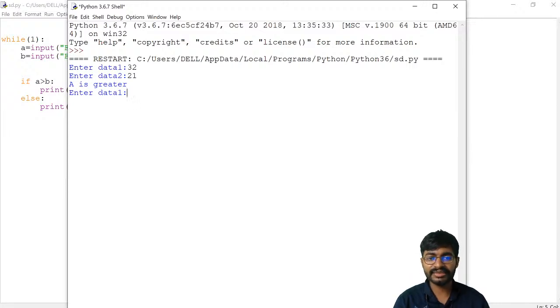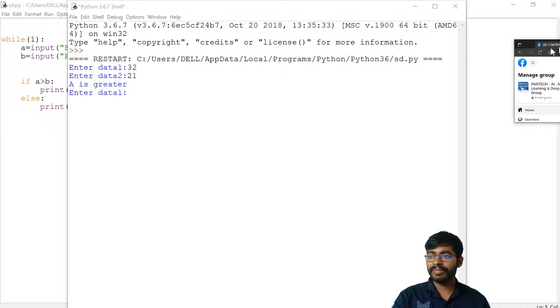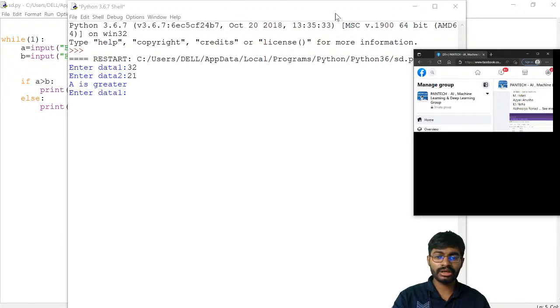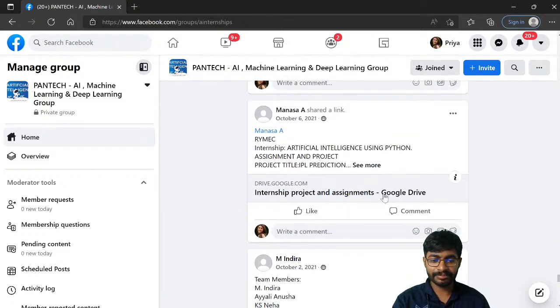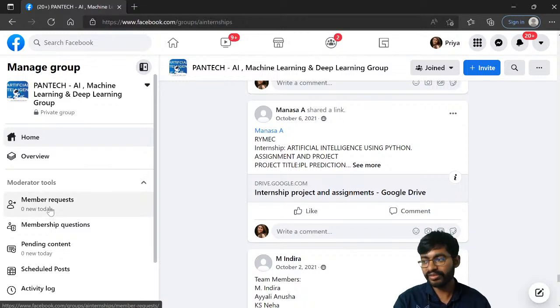So this is one of the tasks, and after doing that task, you can share it into our community group, Pantech Facebook community, or you can tag into our LinkedIn community, where all our internship students have posted. They have shared their Google Drive into our community group. If you provide the request over here, we will be accepting it. So those who are interested, you can do this as a task, the password authentication. The maximum time provided is 3 times for the failure attempts.